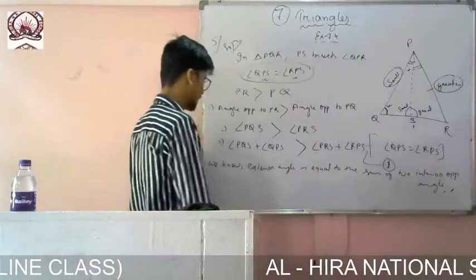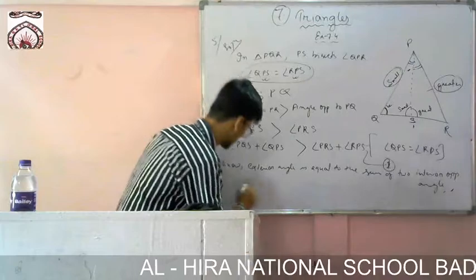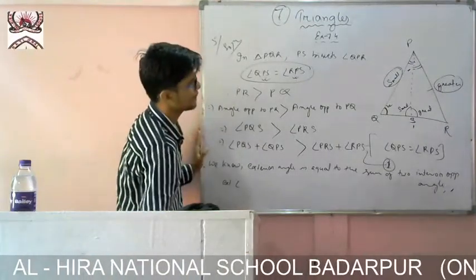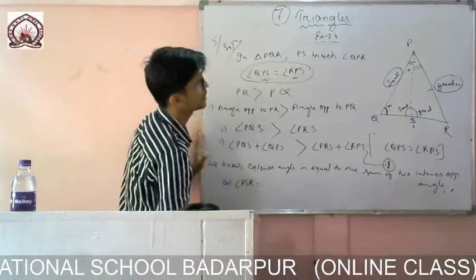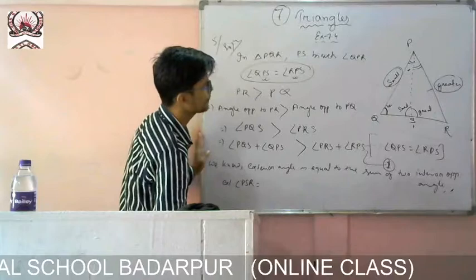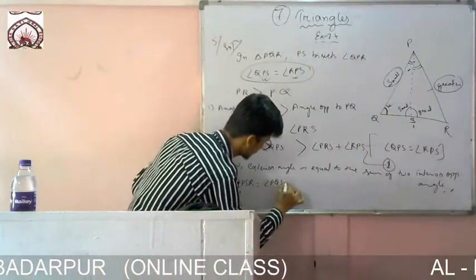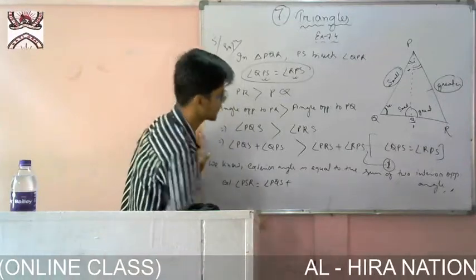I have written the line, we know exterior angle is equal to the sum of two interior opposite angles. So I can write exterior angle PSR will be equal to angle PQS plus angle QPS,